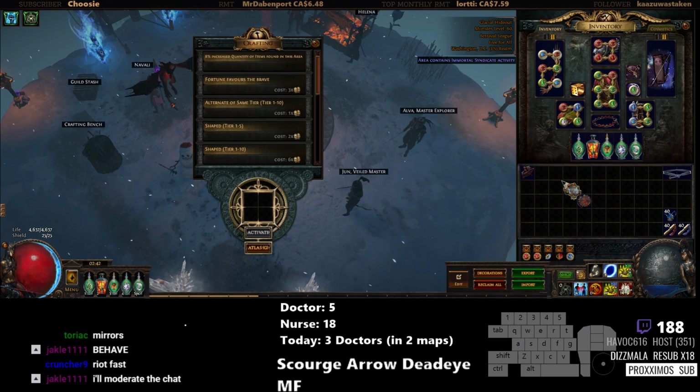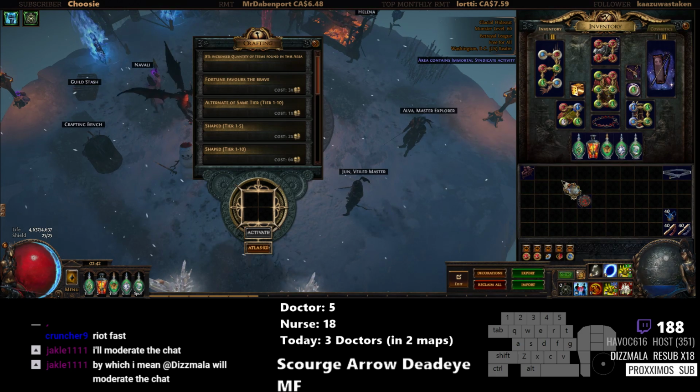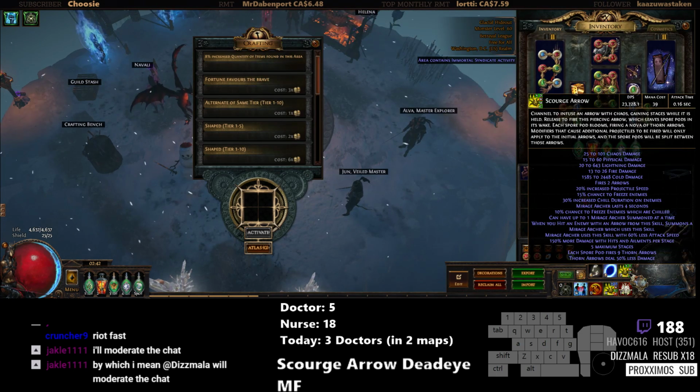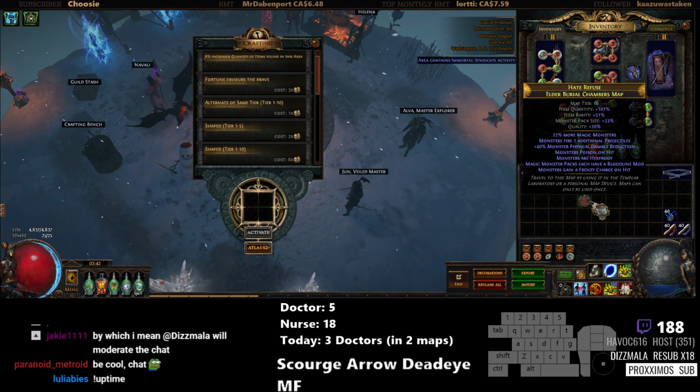Hey guys, Winds here with the WindzRipper build that I've been playing after my Winter Orb MF. So this is also a pure MF build, but this time I'm using Scourge Arrow instead of Tornado Shot. And I've been doing like T15 towers and T16 burial chambers just for fun. Luckily we did get some good drops, but the build is strong enough to do T16 syndicates and bosses, and